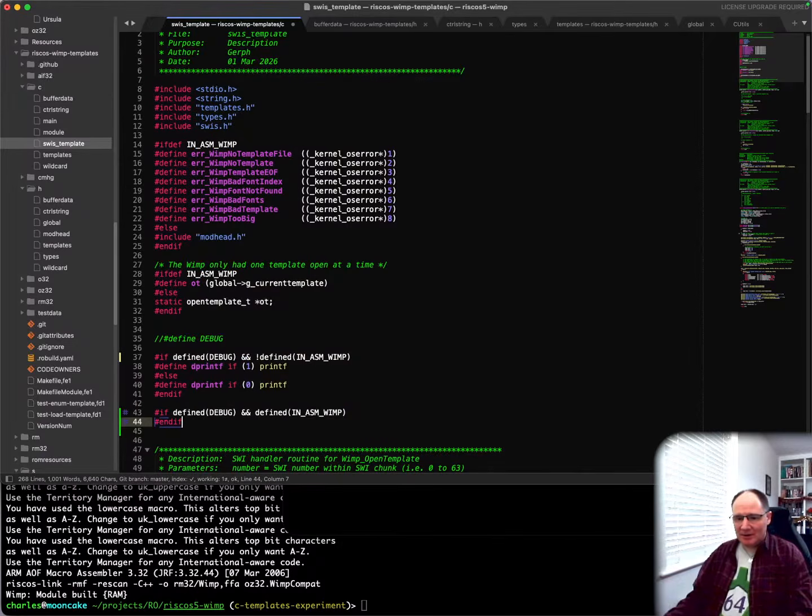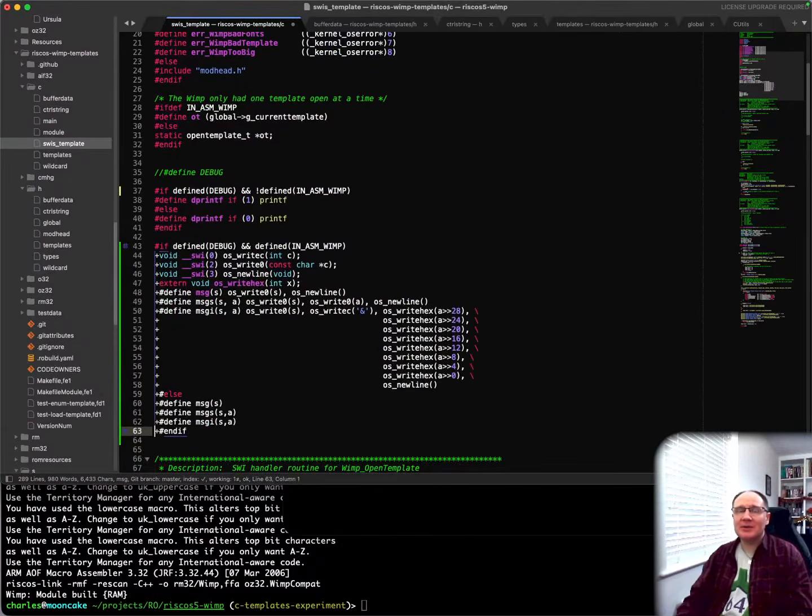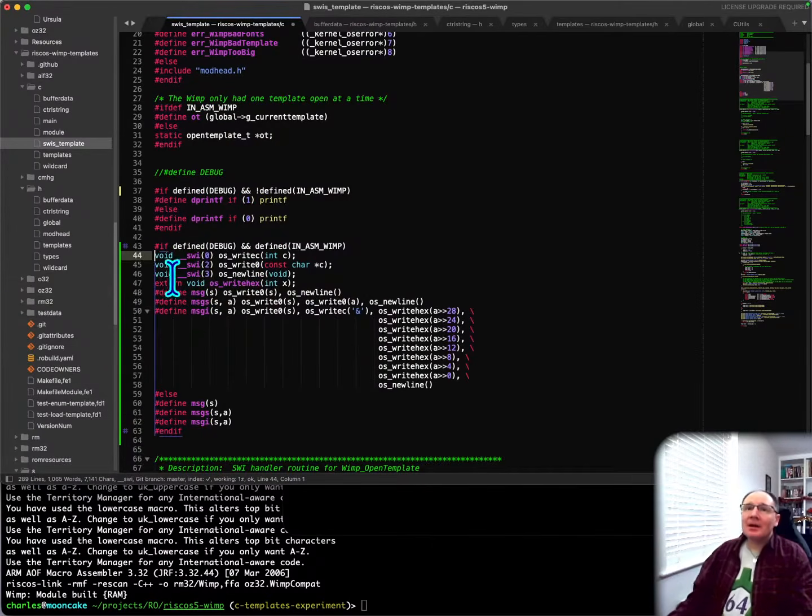So this is all going to be very nasty, very nasty. So I'm copying and pasting the section of code that I wrote, and that'll explain what it was. I'm going to define some new functions, osWriteC, osWrite0, and new line, so we can do some writing out to the screen. And these are defined with this special code here,